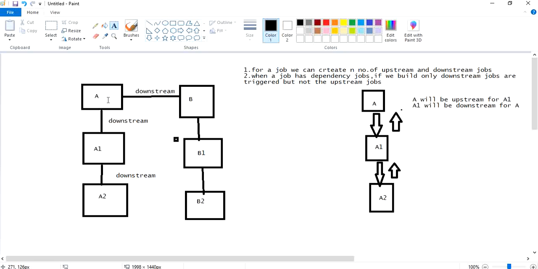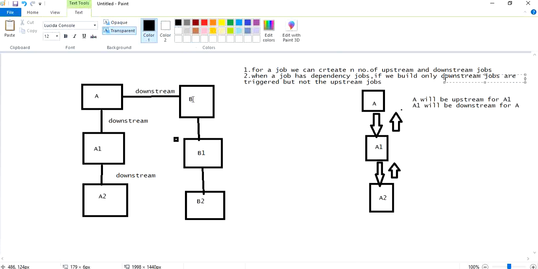Once I trigger A, it will trigger A1, and A1 itself triggers A2, because A2 will be downstream project for A1 and A1 will be downstream project for A, and as I said, only downstream jobs are triggered. Okay, so B is downstream project for A, so that's why A triggered B, and B1, B2 are downstream projects for B. That's why when B is triggered, B1, B2 are triggered.